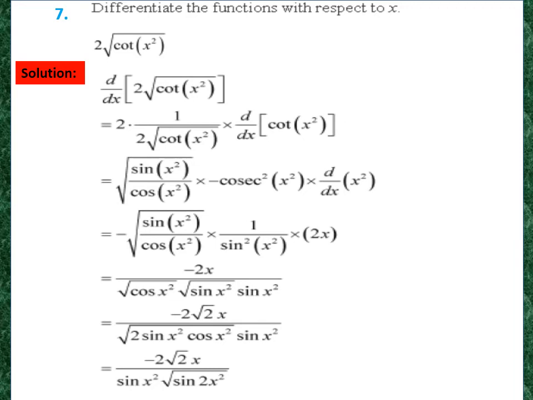So we have to differentiate d upon dx of x square. For x square we are getting 2x. Now you might be confused about why we are getting 1 upon 2 under root cot x square. Because this cot x square is also under root, which is a power of half. And we know that for the differentiation of x power n, we have to apply the formula for x power n. That is why we are getting 1 upon 2 under root cot x square. Clear? After simplification you will get your value. Pause and note down the solution.